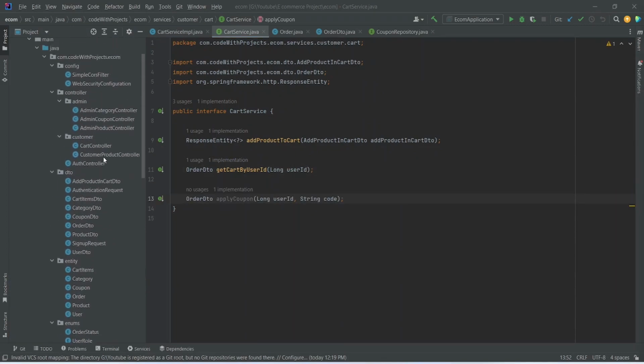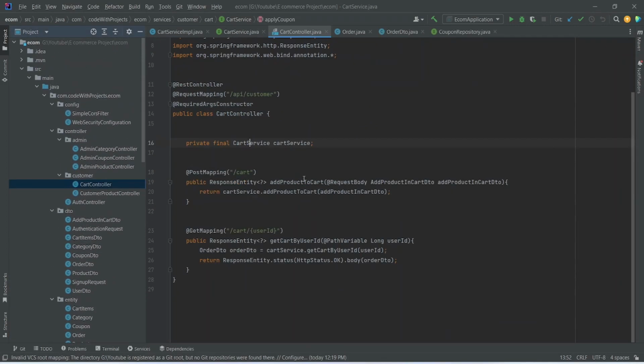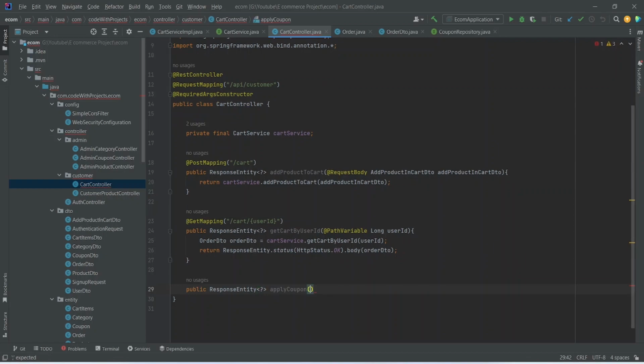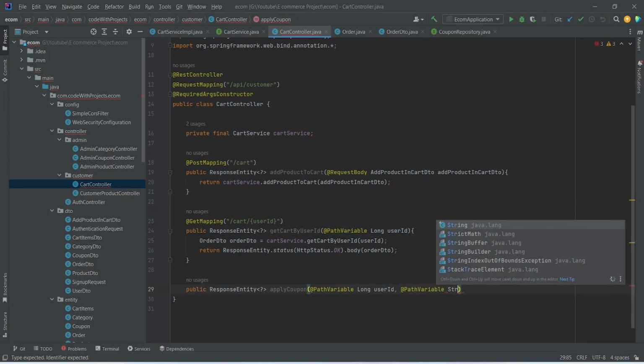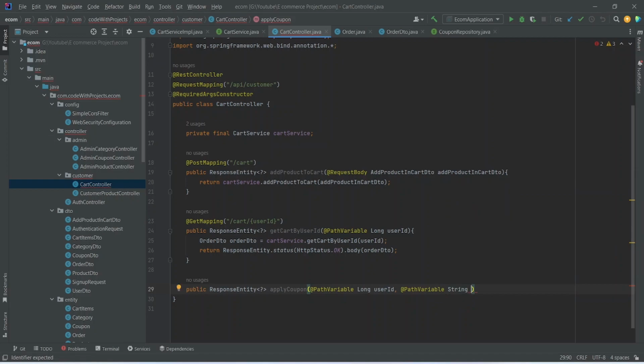Now let's go to the cart controller and let's write the endpoint to call this method, and here inside the cart controller this method will return a response entity, and we can name this method as apply coupon, and here we need to mention the path variables. The first path variable will be of type long and we can name this as user ID, and after this we need to mention another path variable, and the type of this path variable will be string and the name for this will be